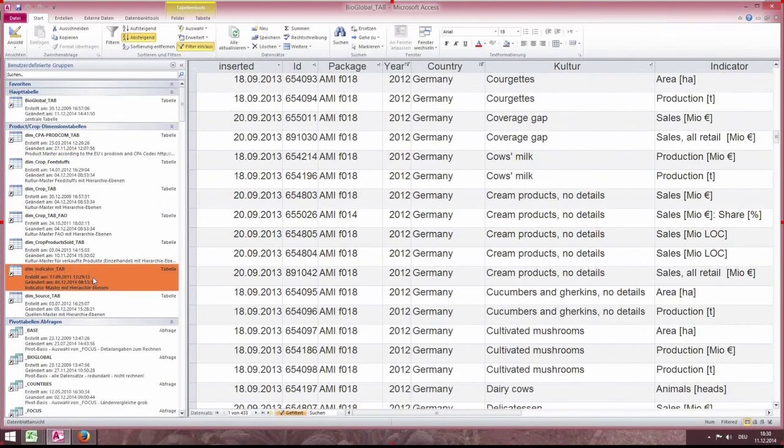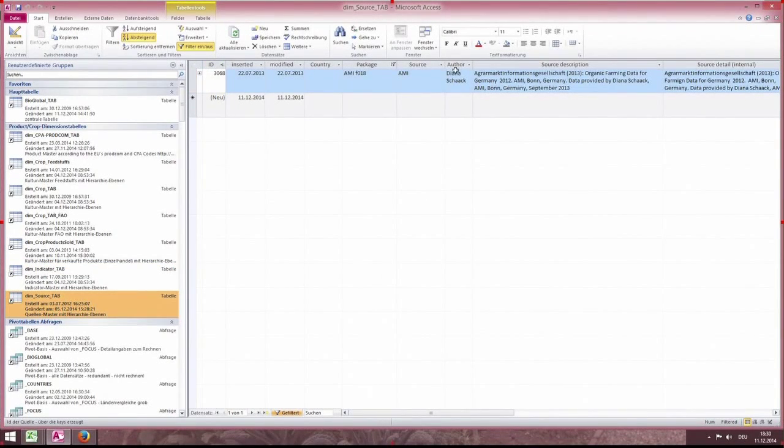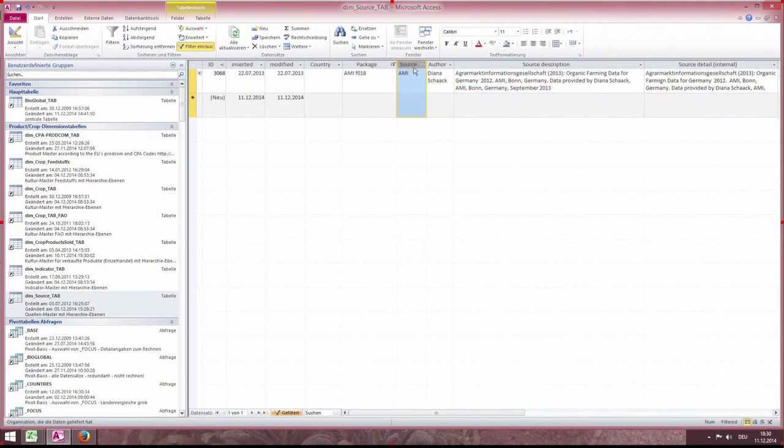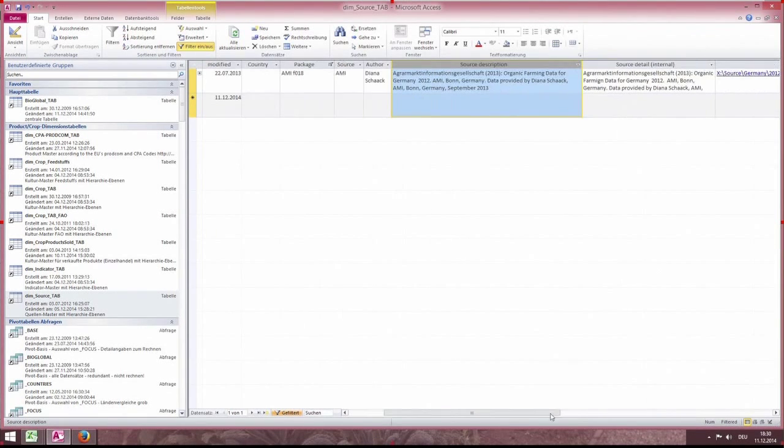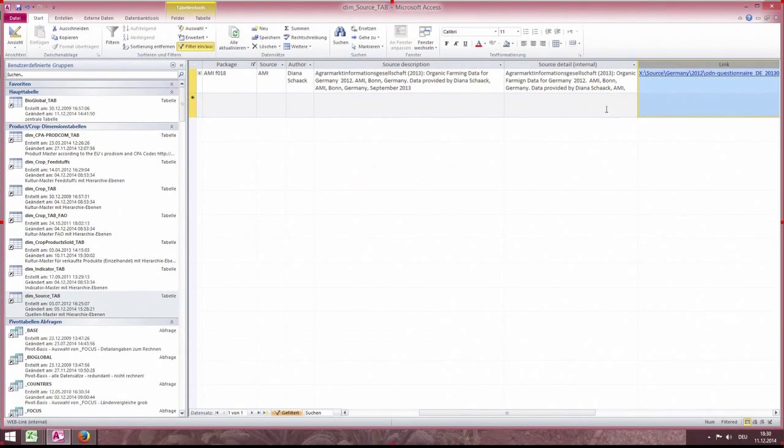We have one where we define the indicators, which also means that we've actually fixed rules for spelling indicators. And then here we have the dimension table for the data source, where we specify the source, in short, the name of the contact person, as well as the detailed source and the link to the internal place where we store the information, or also the external link if there is one.